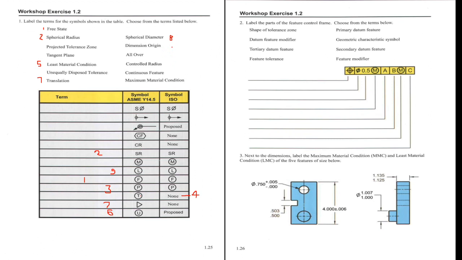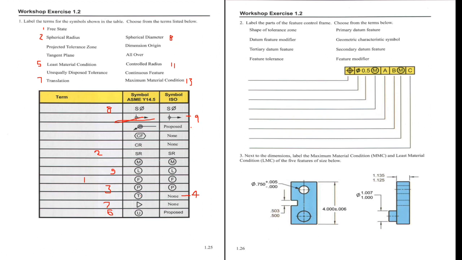Spherical diameter 8, it's 11, controlled radius, and maximum material condition MMC, it's 13. So spherical diameter is here, the first one, number 8, and dimensions origin. Yep, we use this one, number 9,